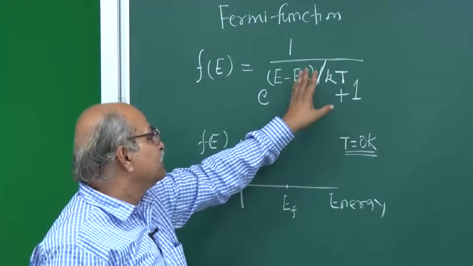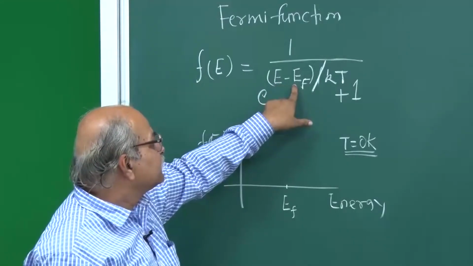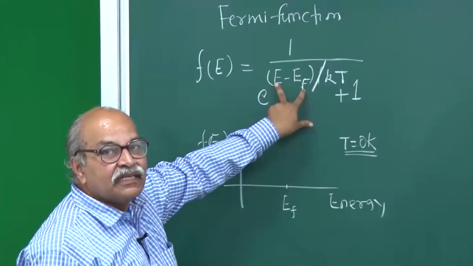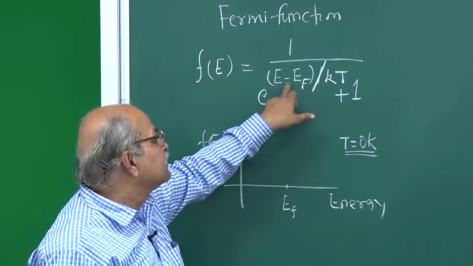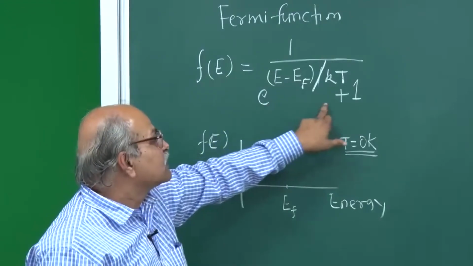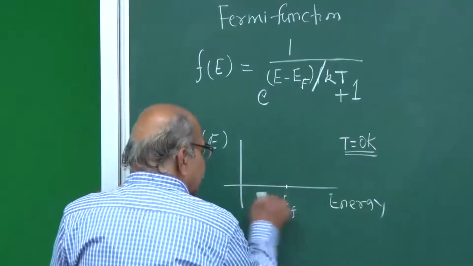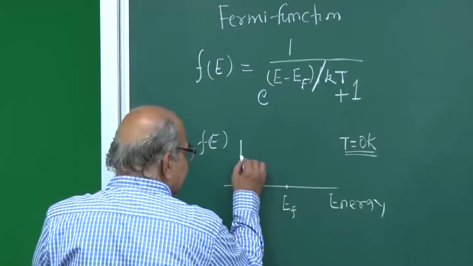But if E is less than EF, this is a negative quantity, and so it is e to the power minus infinity, which is 0, and then plus 1. So 1 divided by 1 is 1. So for all energies less than EF, this is 1,